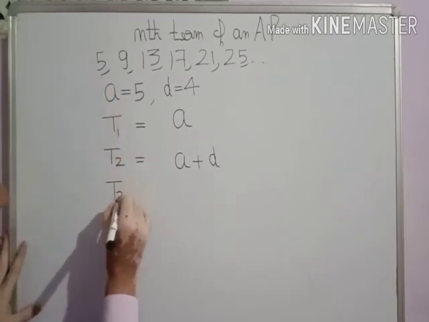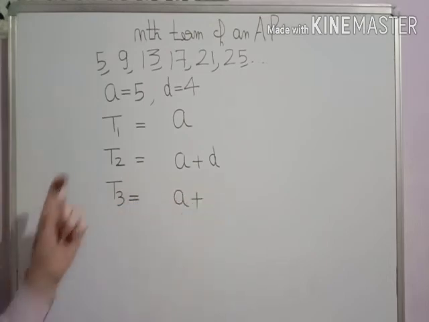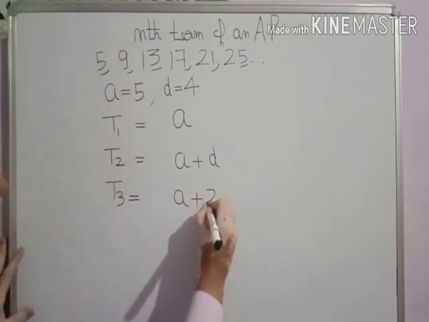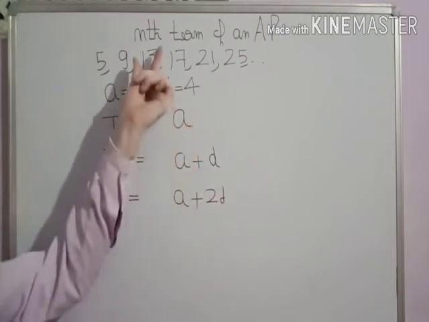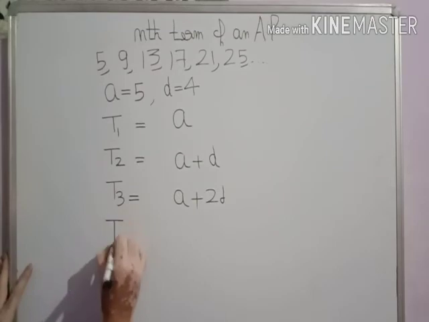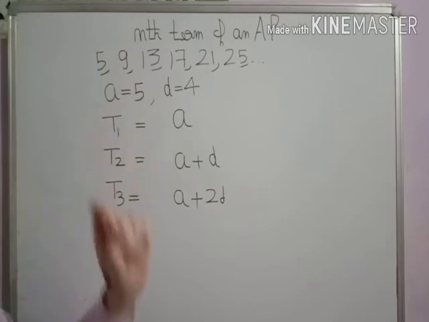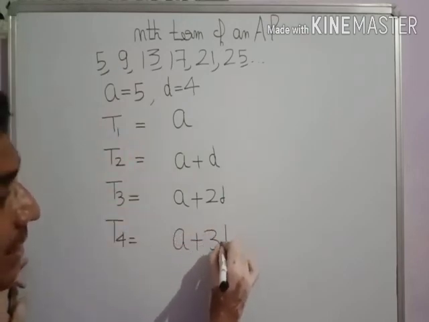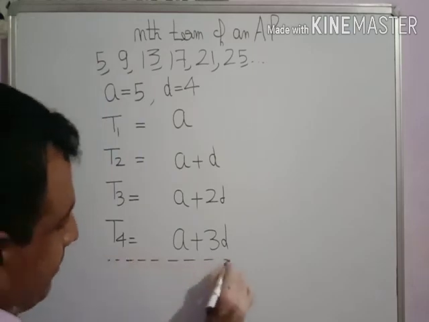So you see, T3 is what? We are getting A plus, and 2 gaps are there for the third term. So A plus 2D. You see D is 4, 4 twos are 8, 8 plus 5, 13. And T4, here we have to get it. 1, 2, 3 gaps are there. You will say A, the first term, plus 3D. D value 4, 4 threes are 12, 12 plus 5, that is 17. If you get it like this